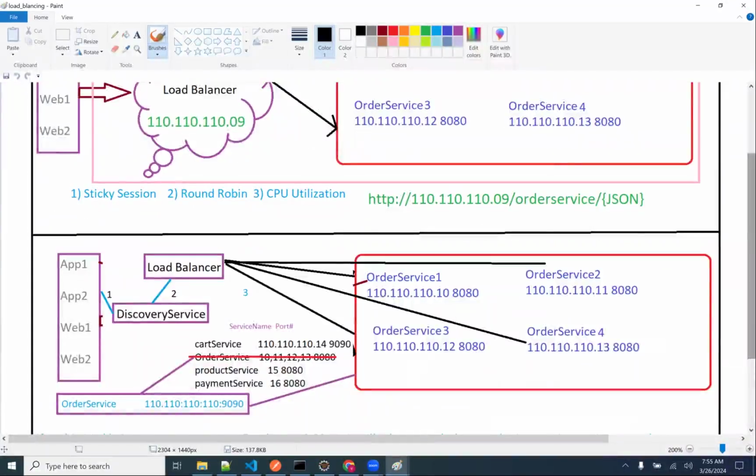Yeah, sir. What is happening is order service 1, 2, 3, 4. These are microservices. Let's understand the components. Load balancer is a cloud component. It's not a microservice. Discovery service, API gateway, and registration service, these 3 are clubbed together, and it's a microservice, right? Correct. Okay. Now, sir, inside registration service, like cart service, product service, payment service, these 3